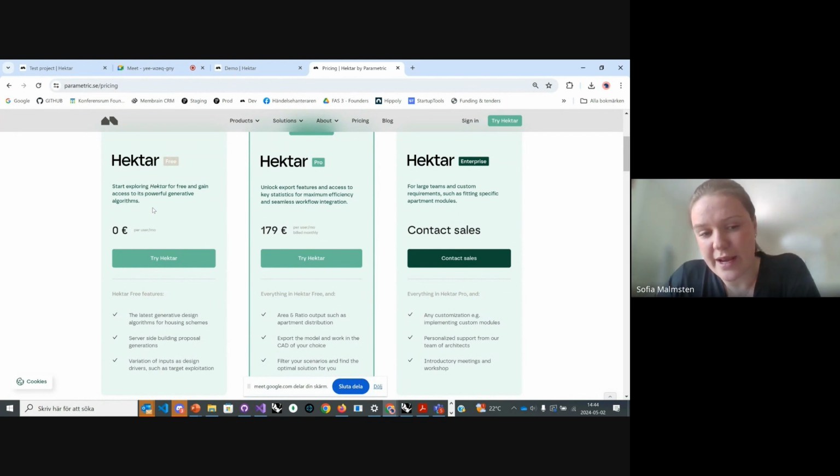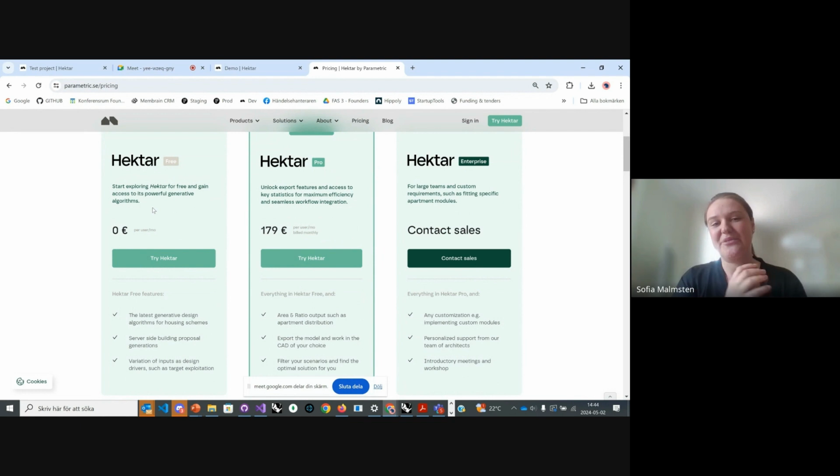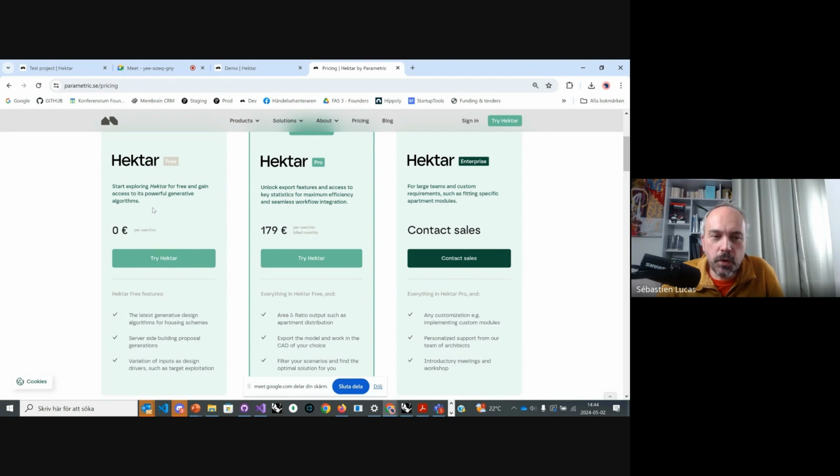You can generate 3 different projects, and you can also generate 10 scenarios per project. But then you have a cap in the amount of generations and projects that you can do. But this is very great to have a free plan, because me personally, I am exploring the generating tool, and